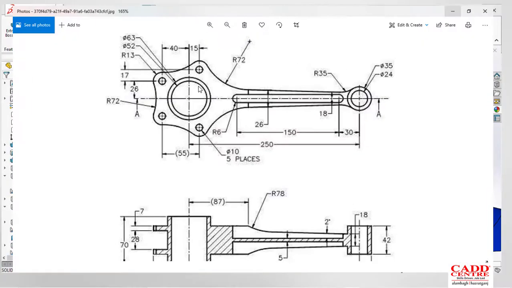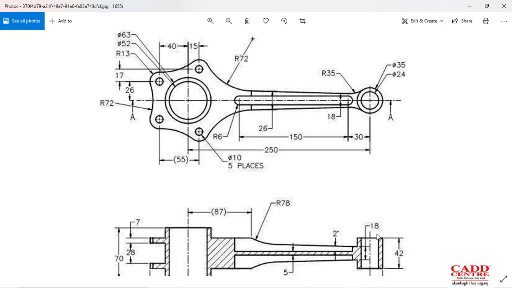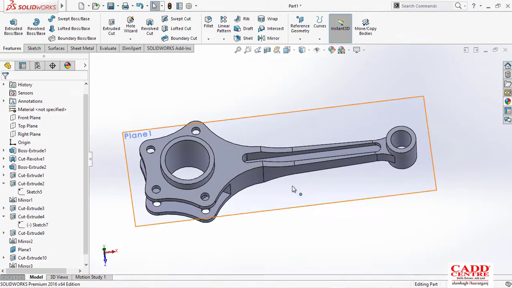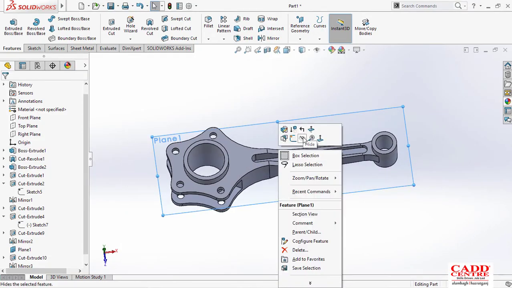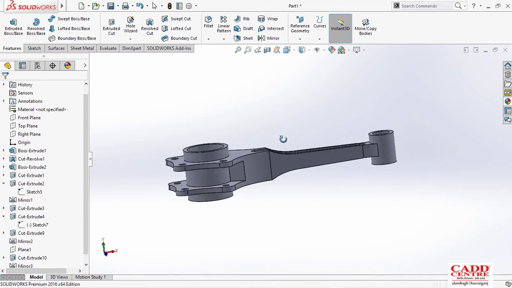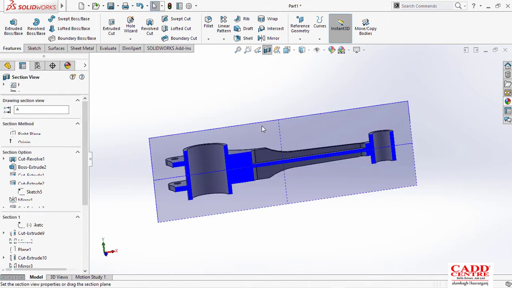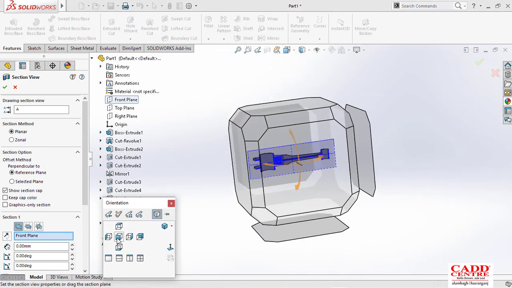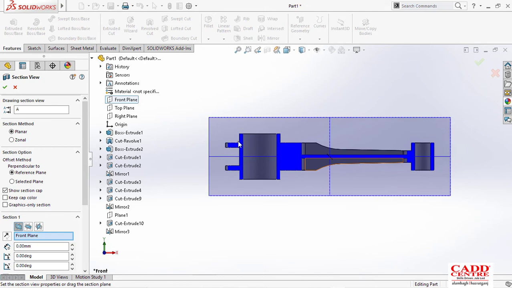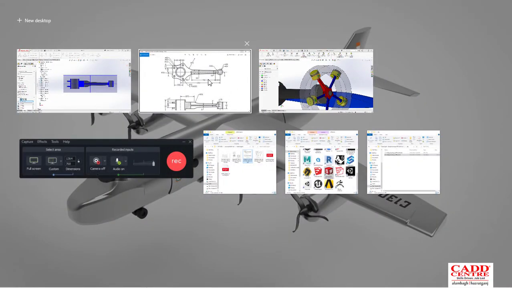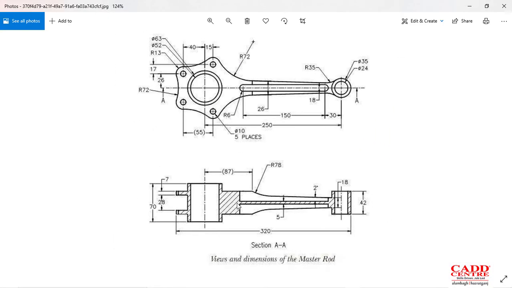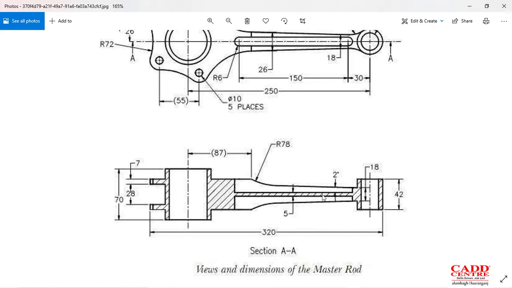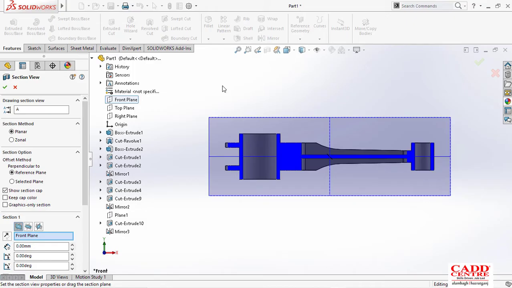Let me cross check one more time. Let me hide this plane. For more visualization, let me cross section this. As you can see, on doing cross section and taking that plane, the hatch portion in the figure represents the portion of material which remains, and we get the same portion of material which remains after that extrusion or cutting.